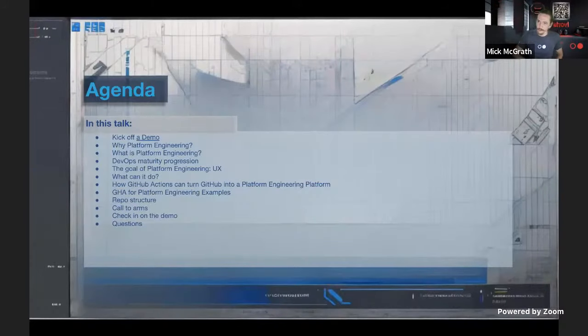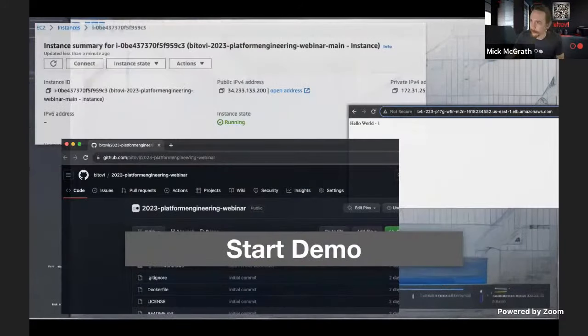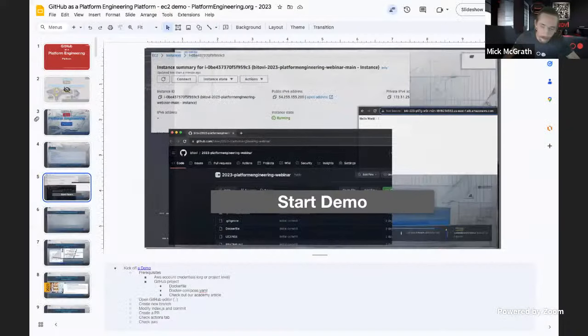All right, so the rough agenda: we'll do a demo. We'll talk about why, what, do a bit of a maturity progression, look at the goal of platform engineering, what it can do, and then how it integrates with GitHub Actions. Go through some examples and repo structures. I'll do a call to arms because everything's better together. We'll check in on the demo and then we'll pause for questions. So it's a lot to cover. Let's get into it. First of all, let's start the demo because everybody loves a good demo,